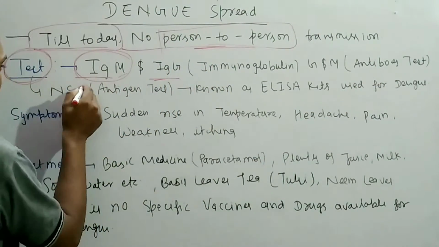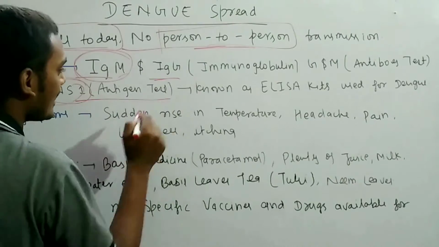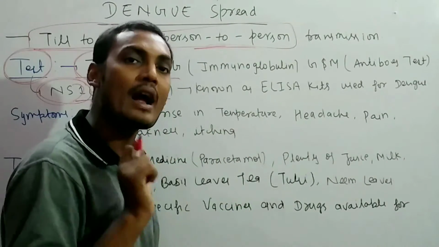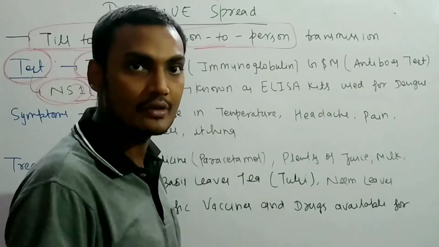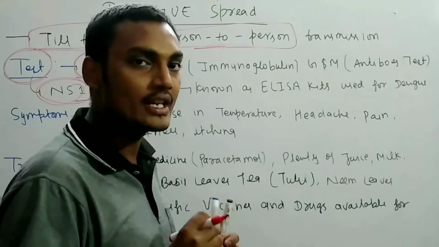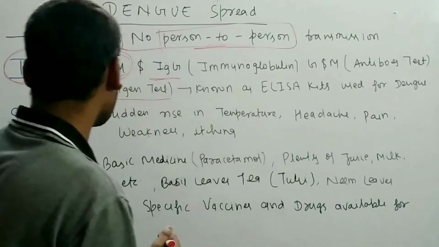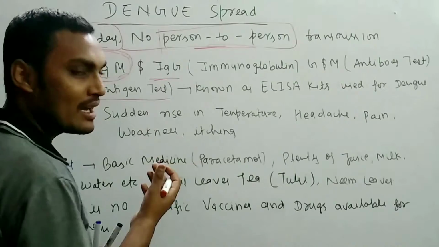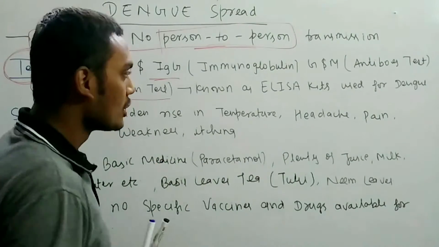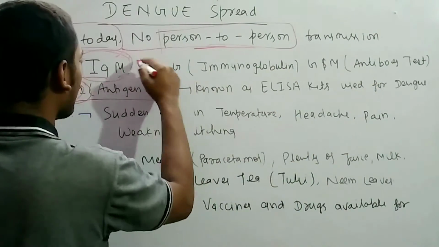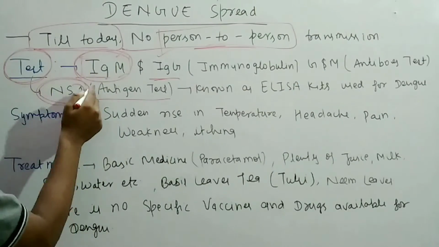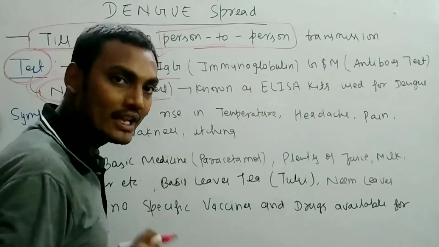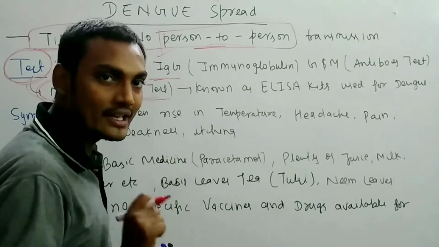And one of the important tests is the NS1, which is an antigen test, also known as the ELISA test, to find out whether a person is infected by that mosquito or not, that is, whether there is dengue in the person or not. Remember that this can also come up as a keyword, or sometimes be asked, or be found in the news. So remember, the antibodies tests are the two important ones, and if NS1 is found, this antigen test is used to find out whether a person is infected with dengue or not.